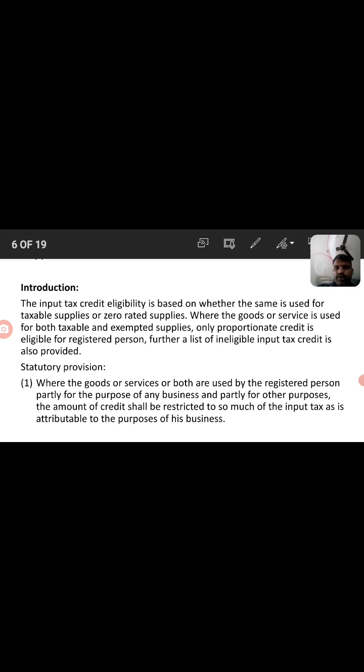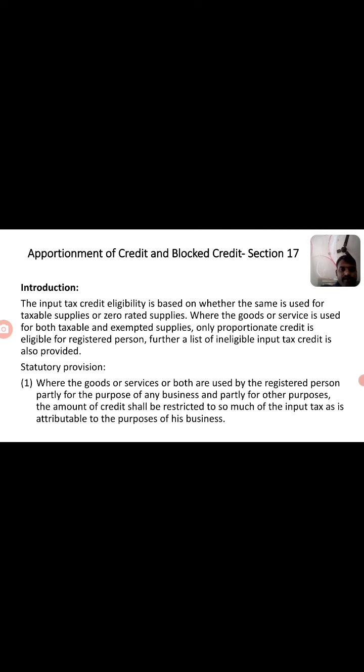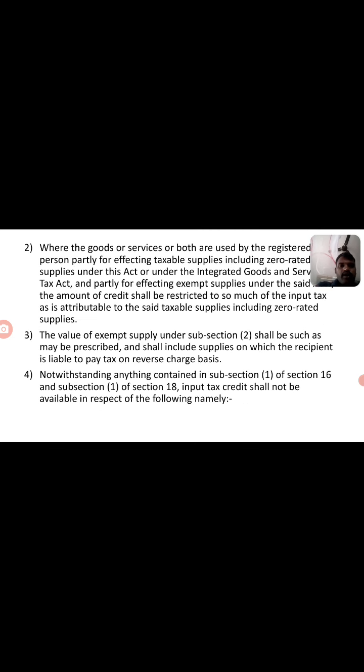The statutory provision is where the goods or services or both are used by the registered person partly for the purpose of any business and partly for other purpose. The amount of credit shall be restricted to so much of the input credit as is attributable to the purpose of his business. Input tax credit is available only to the extent related to his business purpose. If used for personal purpose, input tax credit is not available. Where the goods